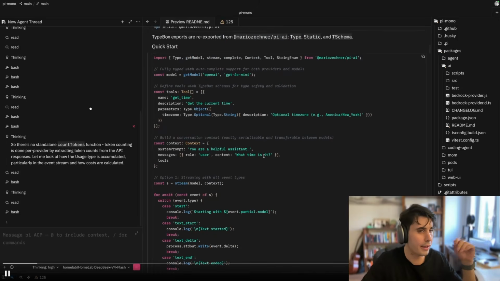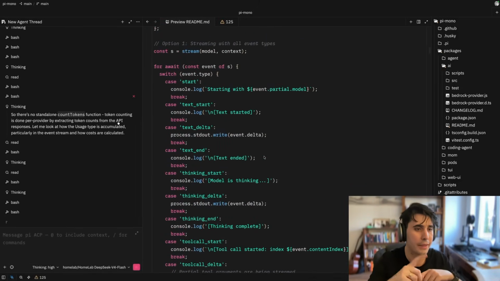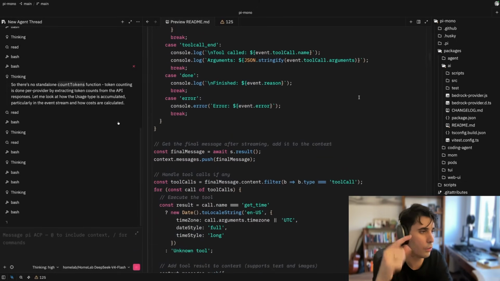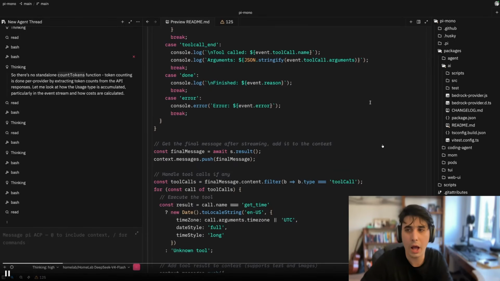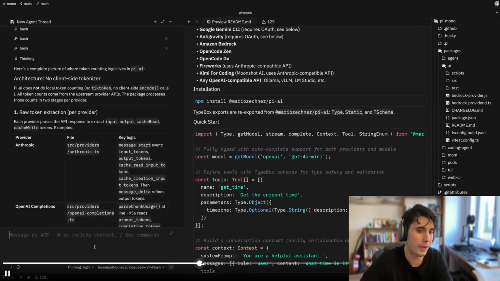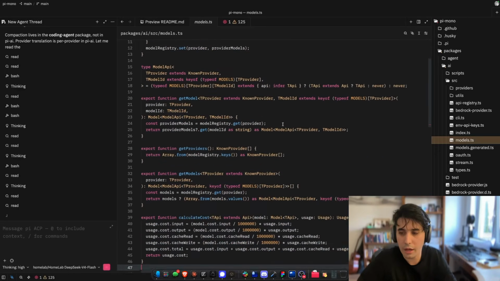It is for the Pi agent harness, and you could see on the left I'm running the Pi ACP, and the model is running and doing all these tool calls, checking to see if the token stuff is working or not. So it is doing an excellent job. It is able to output. I'm able to ask it back and forth questions, and it'll just work for hours. I've tried it out